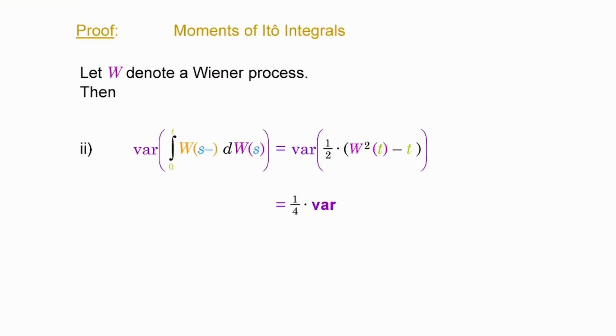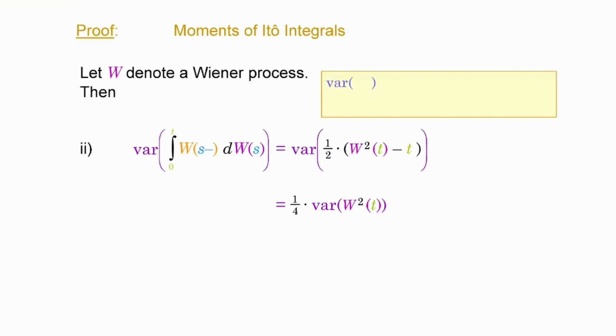You understand this? Now, the variance does not depend on additive constants, nor if you subtract it either. So this is going to be the variance of the square of the Wiener process. Now that is a huge issue because the variance of the square can be addressed by the fourth moment of the normal distribution, which I have done also in previous lectures when I was addressing quadratic variations of the Wiener process. You might recall that.